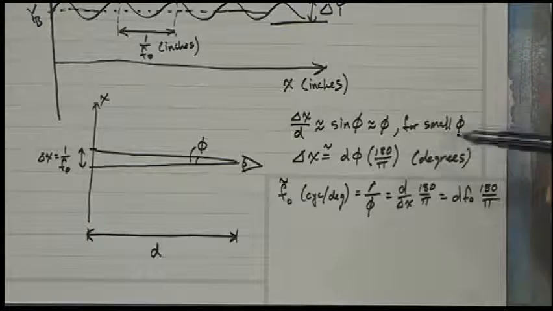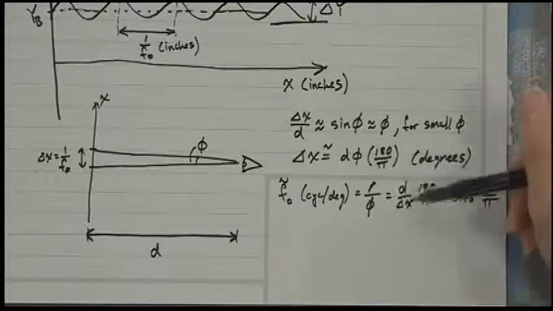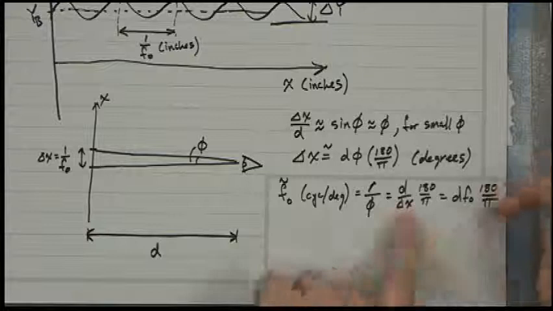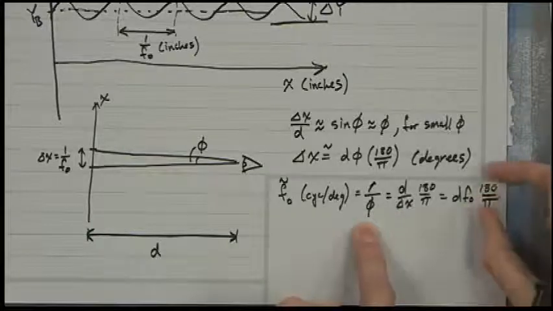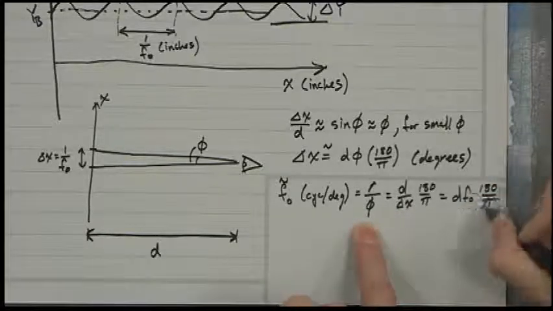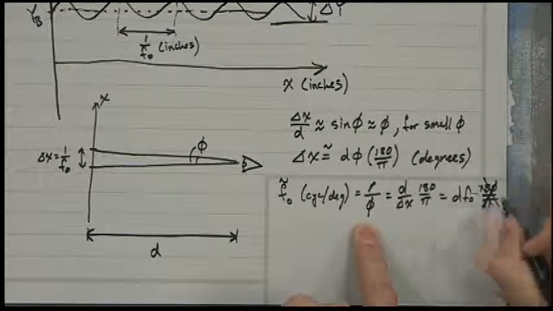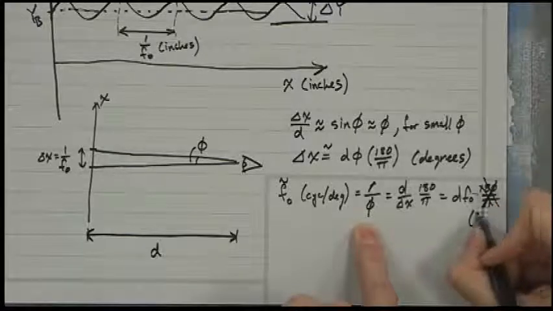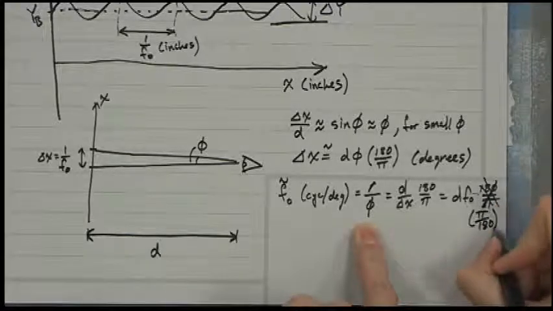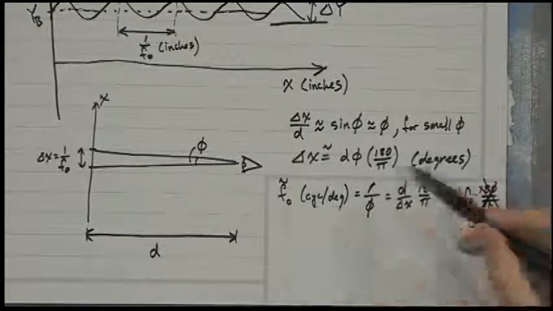Well, this would be... let me see. Oh, I'm sorry, because this has to carry along with the phi too, because this is the conversion for the angle. Well, anyway, I'm sorry about that. So this factor here should be pi over 180. I needed to carry that along with the phi when I moved it over,